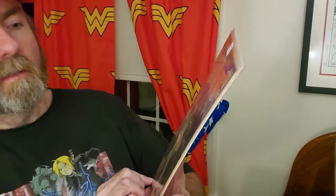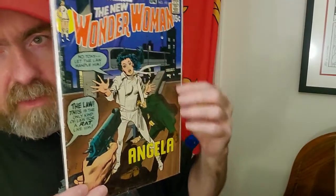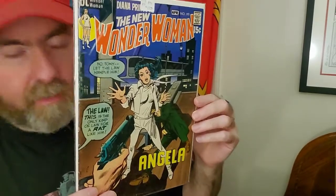Here's number 193. This says $15 on it. I don't think I paid that for it, because that doesn't seem like me. But it's Angela. Really cool colors on this cover. I really like the blue sky and the night sky. Some dramatic...